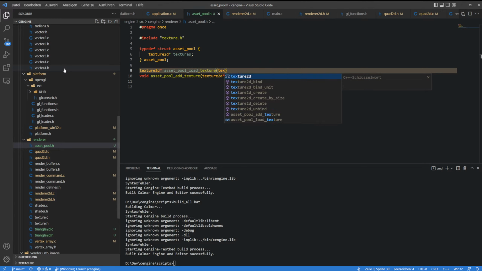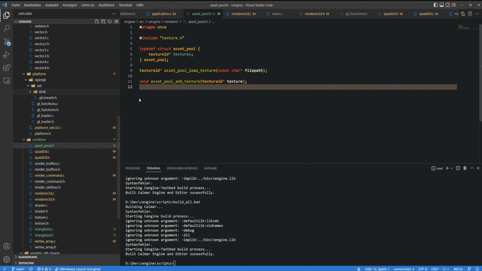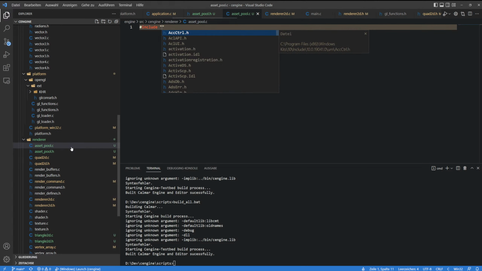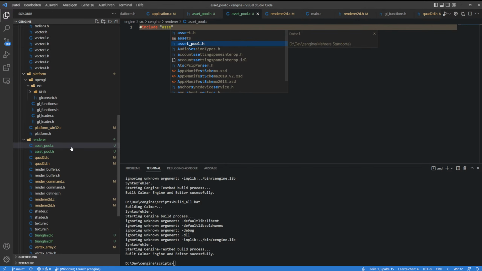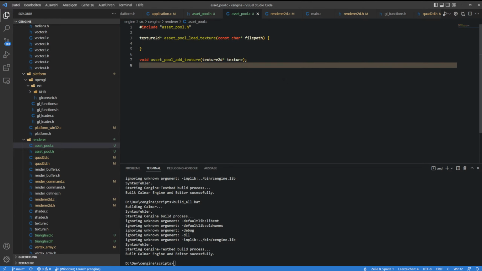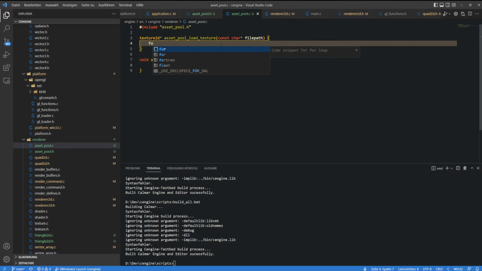Load texture, add with a file path. Sorry. Include asset pool and load texture. It's just for